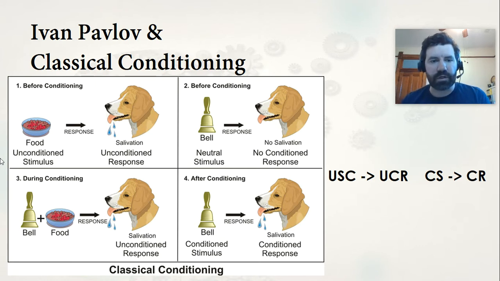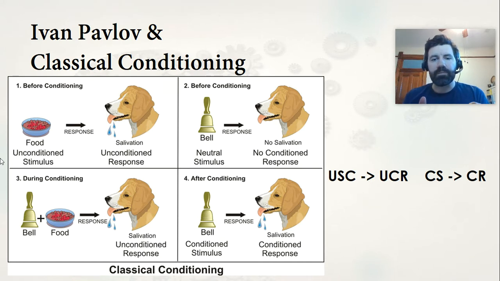So let's take a look at this chart here and see how this works, because this sometimes gets confusing for students. We have lots of different terms involved with classical conditioning, but if you break them down, they make sense. You want to remember that when we look at that word conditioning, what we really mean is learning or teaching or training. And so, in our first box, before any conditioning takes place, food would be considered an unconditioned stimulus. Unconditioned in the sense that it doesn't have to be taught. And salivation would be considered an unconditioned response. In other words, if you put food in front of a dog, they're going to start to salivate, and that just makes perfect sense. You don't need to teach them to do that.